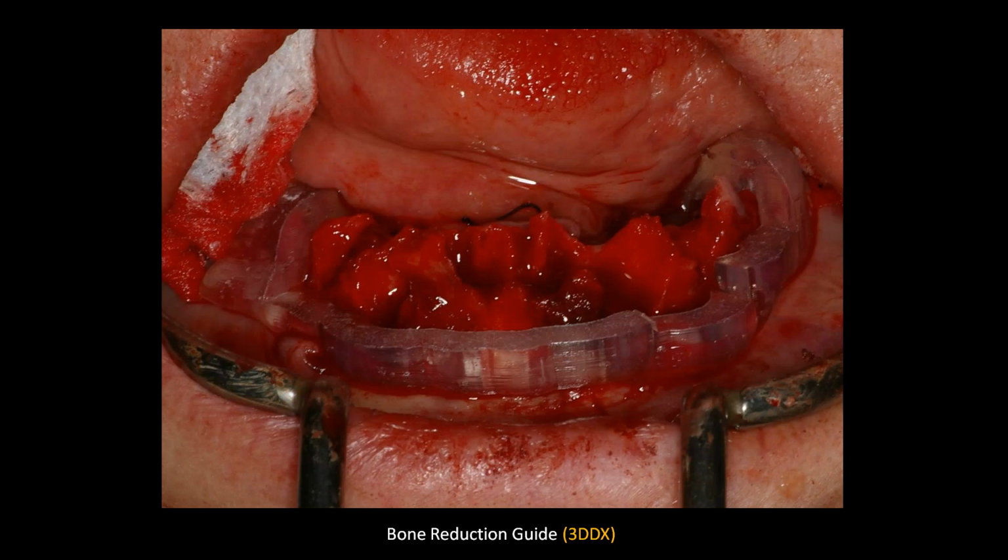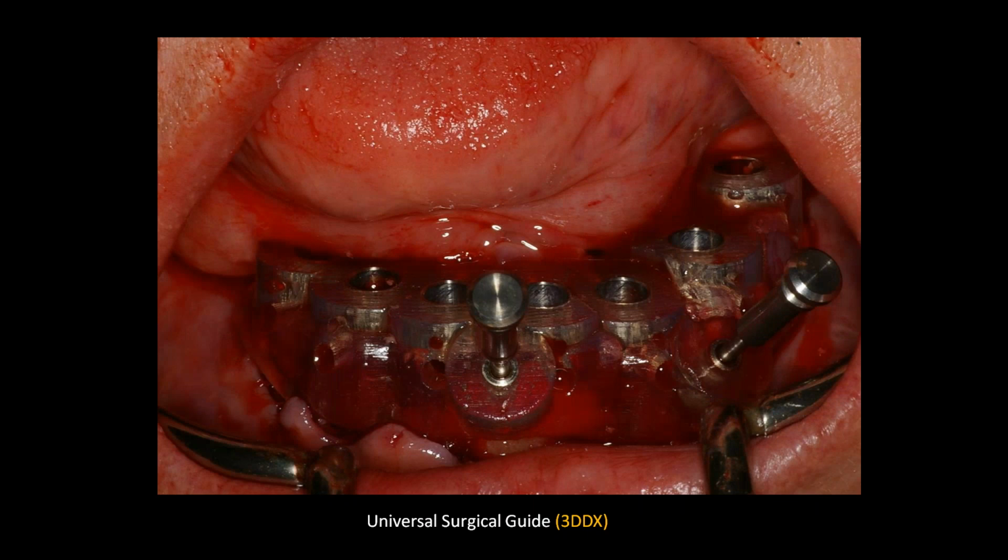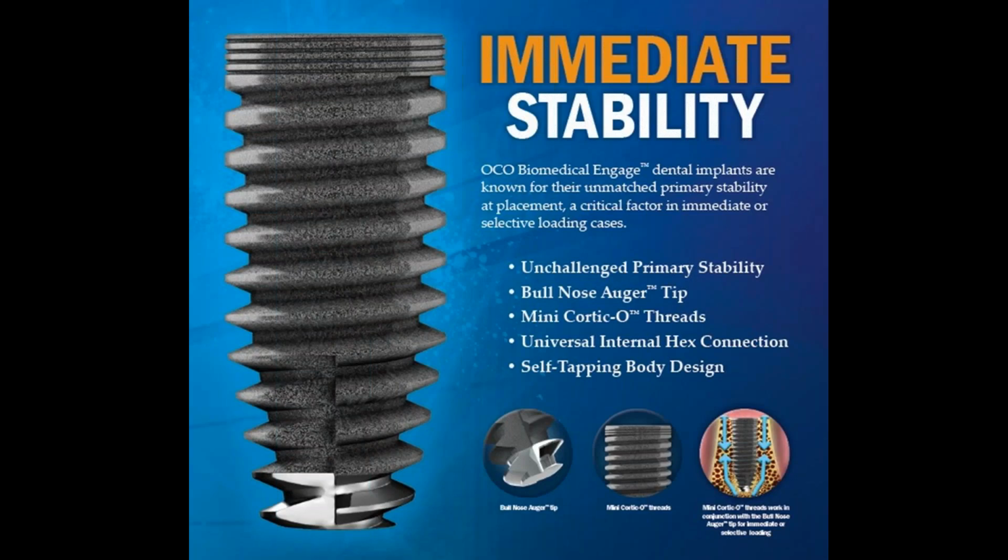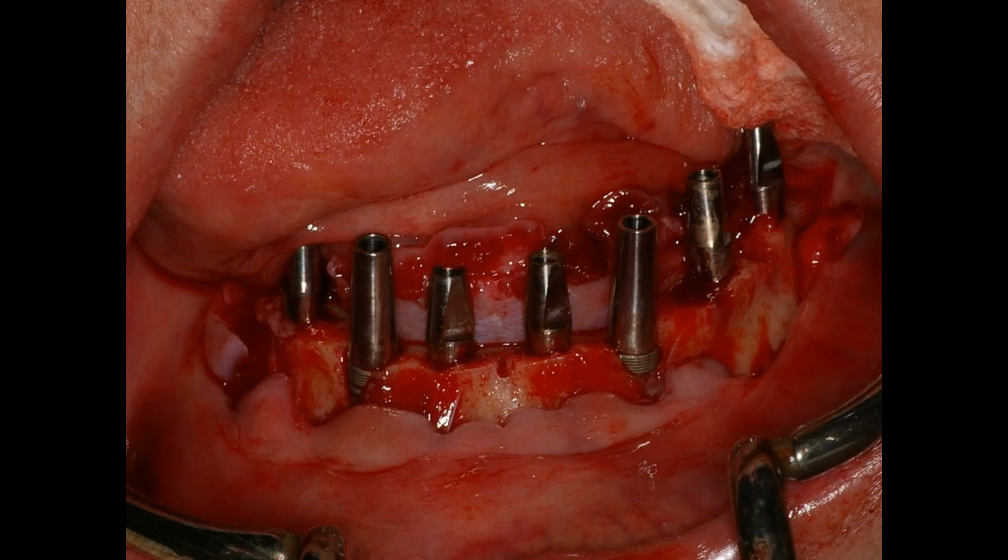and reduce necessary bone so that we get ideal width. We place our surgical guide now to make the osteotomies for the implants. Again, I really like the Engage implant because of its immediate stability. So utilizing those with stock abutments,